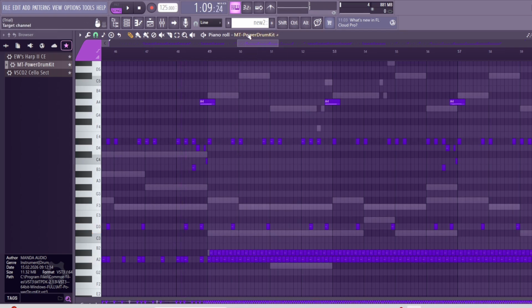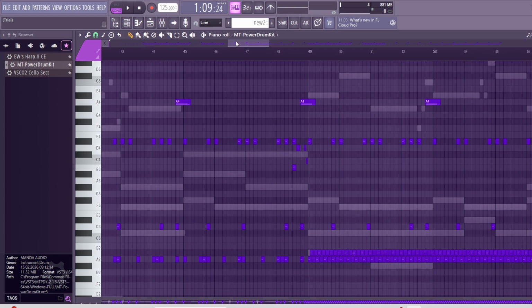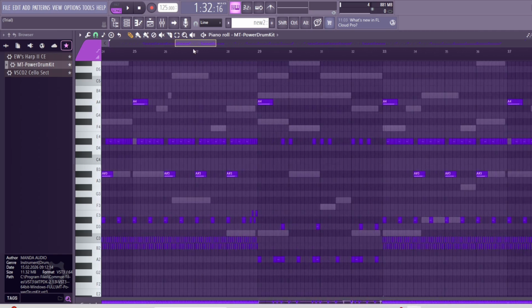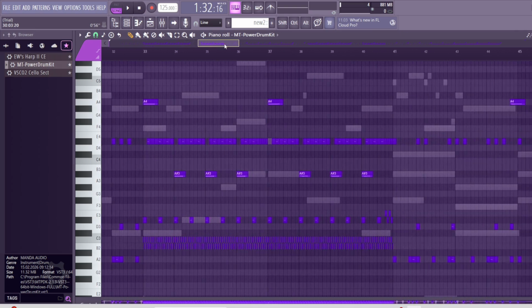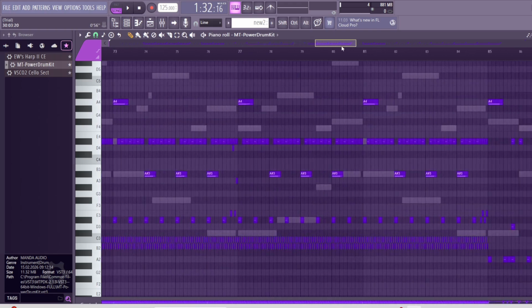And here, in the chorus, you have the slower pattern, but with faster kick drum. And this is why I recommend having at least two patterns and mixing them together to prevent your songs from getting boring.